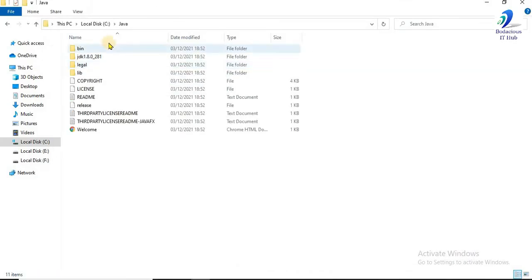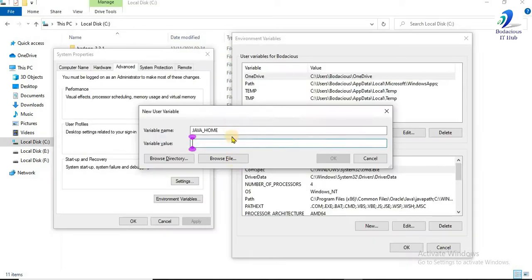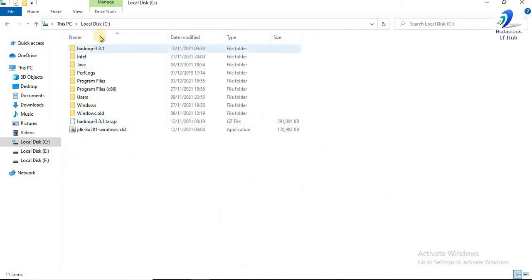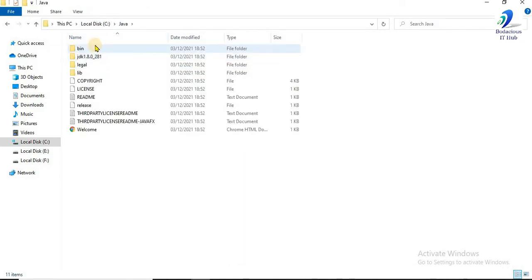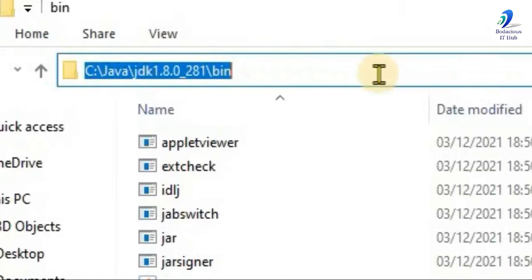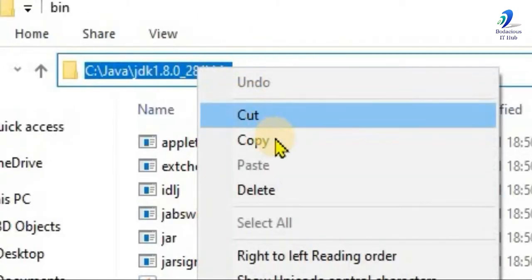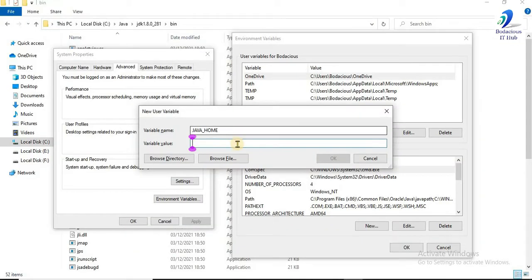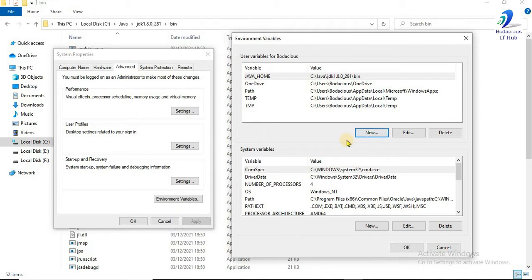To write the variable value, we go to the C drive, Java folder, JDK 1.8, and then click on the bin. We'll copy this and paste it here. We'll click OK.